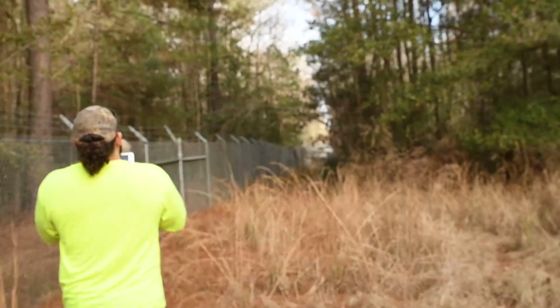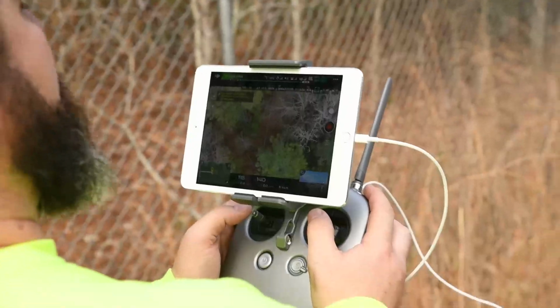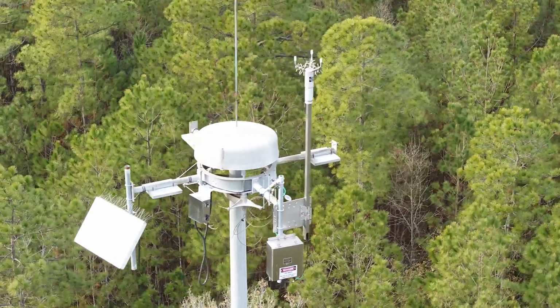Without the drones, we would have to go into a lot of the areas, fence line and wildlife areas, on foot or in boats. And the drone is going to greatly improve our efficiency and safety in getting this project